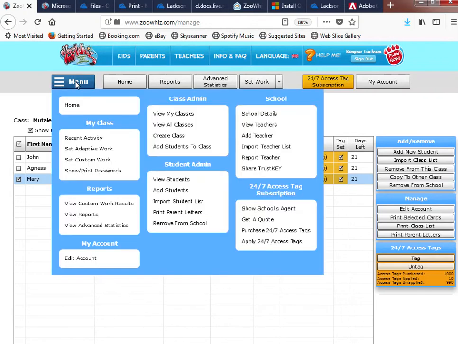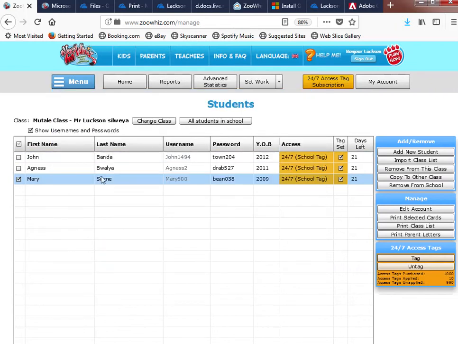Okay, so let's head back there. One thing that we're going to be doing, as we have created this, is we will use these usernames and passwords and be able to see what a child sees when they log in. So what I'm going to do is take note of the username, and we're going to be using John Banda. I'll just type it on the side here, John 14, I think 14,